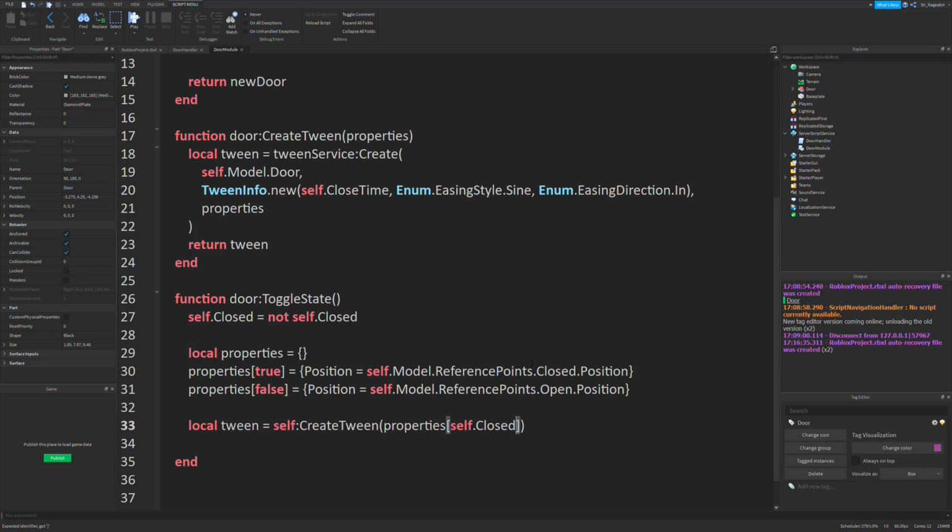self.closed. So what this is going to do is when we toggle the state, we negate self.closed, we reverse it basically, and we just define this. We just have to define this every time since we're using self. And then we take in true or false, depending on what self.closed is. So if self.closed is true after this, we will send in the closed position. If it's false after this little statement right here, we will send in the open position, so it will tween